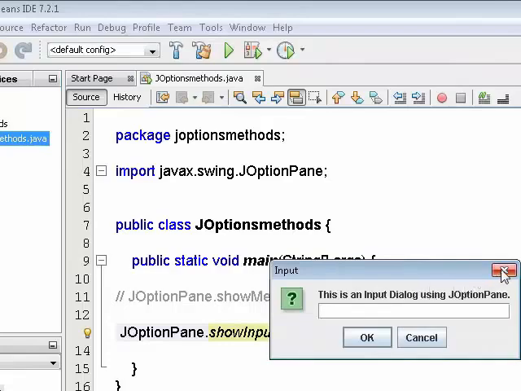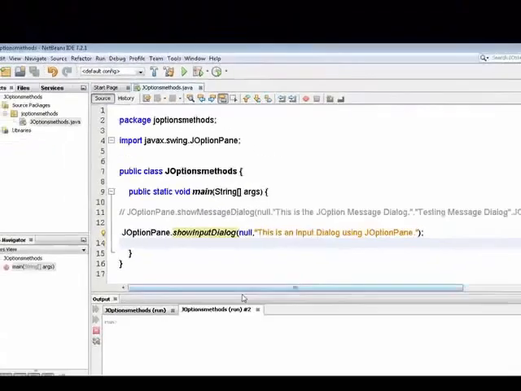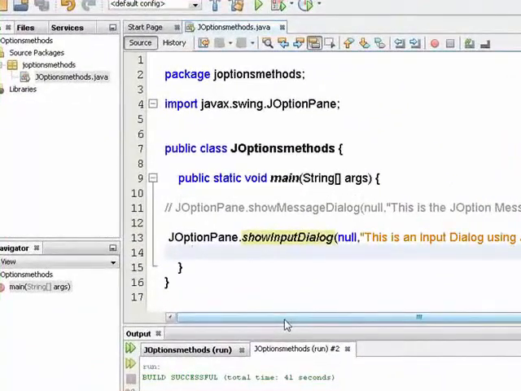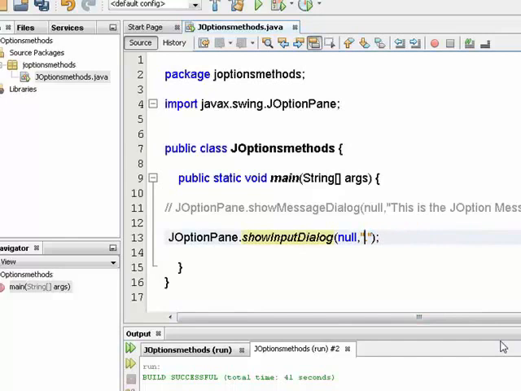Now continuing with that, if I want to show you something like a list of some options here instead of this JOptionPane dialog box, I am going to show you the demonstration of how to make this window into a menu.